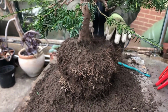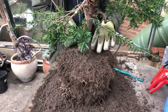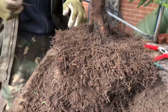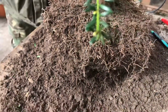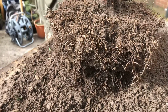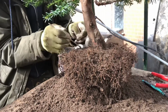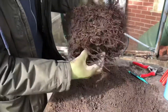So in terms of it looking quite good in a pot, maybe we might get away with that as more of a feature. At least it lends itself to being planted on a little bit of an angle as well, so we might have to adjust a few branches as time goes on, but once it's kind of secured in the pot, maybe we could just guide wire them down a little bit. Tease out a few of these. Maybe then we'll